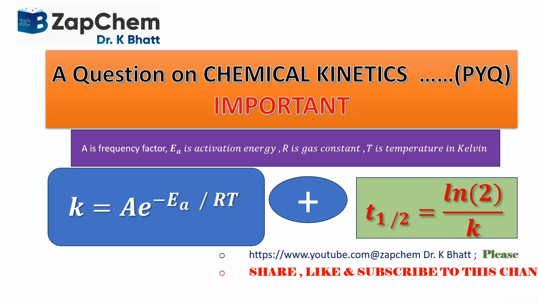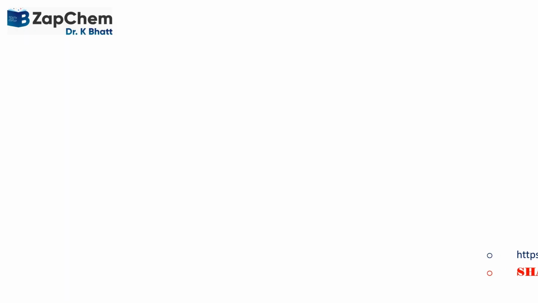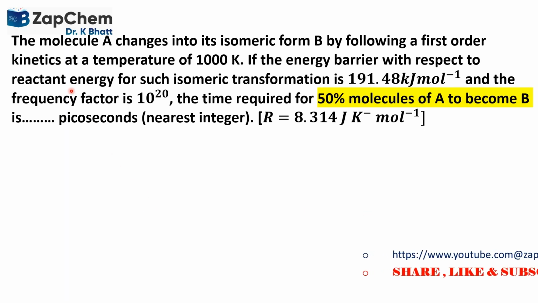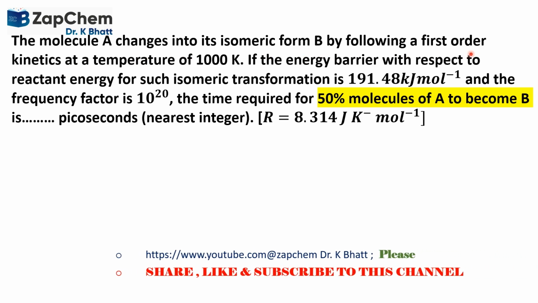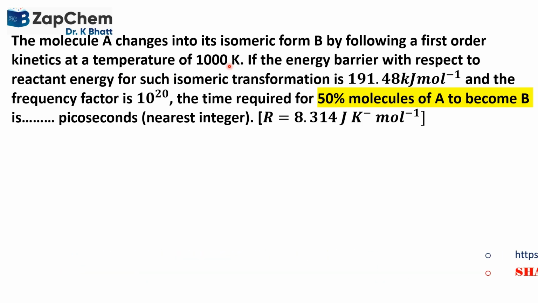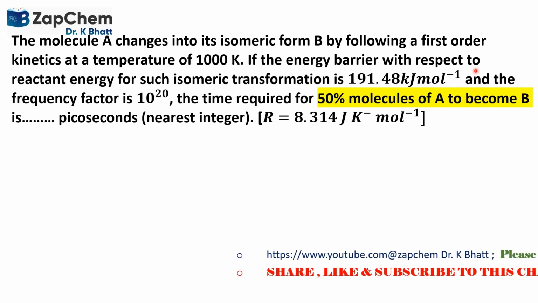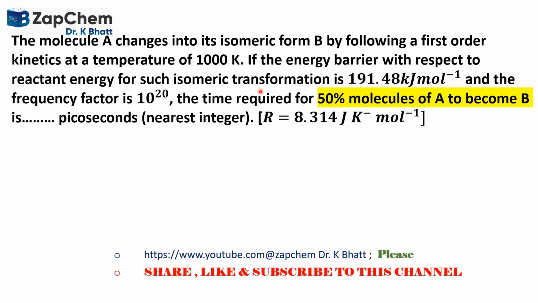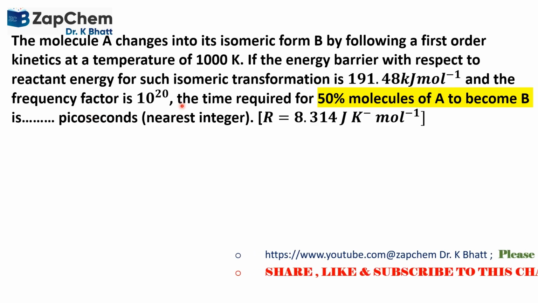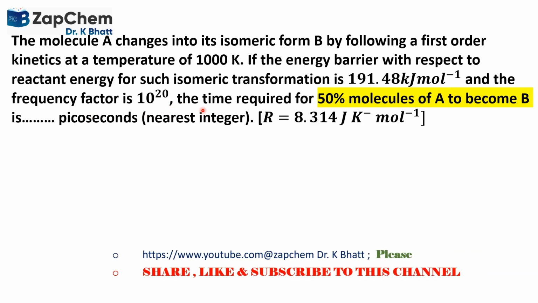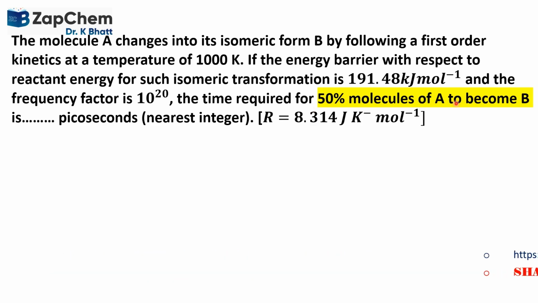So let us go through the question. The question says, a molecule A changes into its isomeric form B by following first-order kinetics at a temperature of 1000 Kelvin. If the energy barrier with respect to reactant energy for such isomeric transformation is 191.48 kJ per mole and the frequency factor is 10 to the power 20, the time required for 50% molecules of A to become B is,